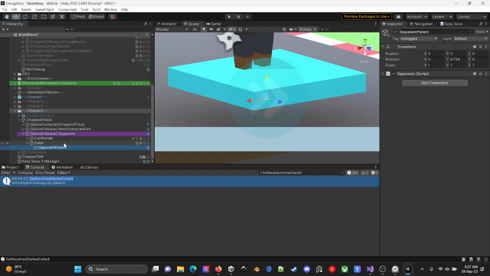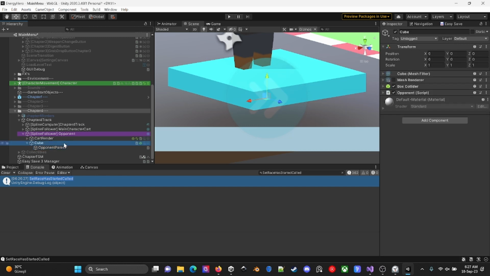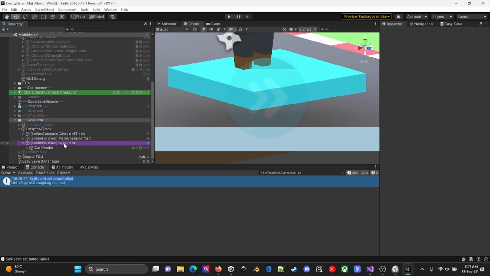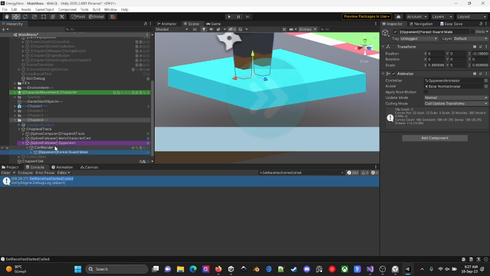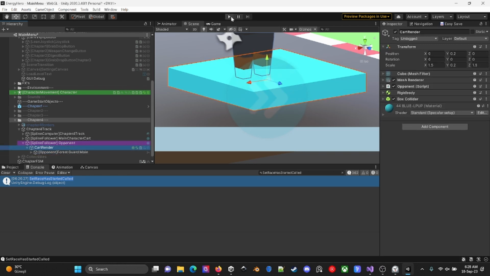Both of these game objects are responsible for doing any of these. So just remove that and keep only my card render and retry it.